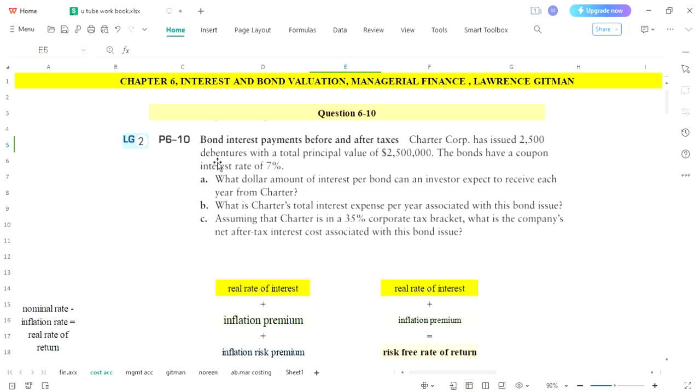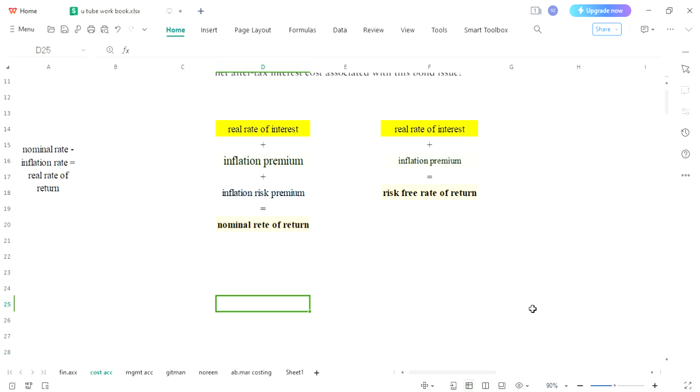Since question size was very small, so I thought to take some time to introduce few facts regarding previous questions as well. Now first time we are going to calculate our interest payment. Charter, some company has issued 2500 debentures. So now debentures, bonds, debts or loan, it's the same thing. So you should understand